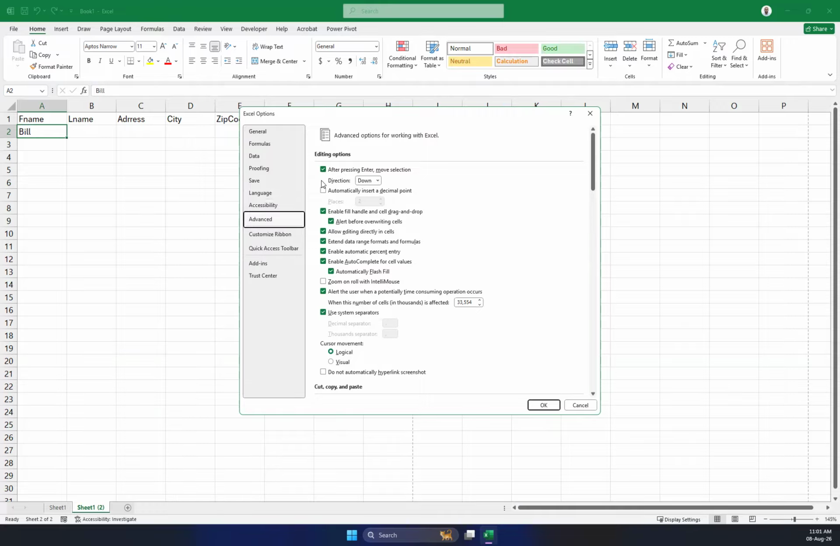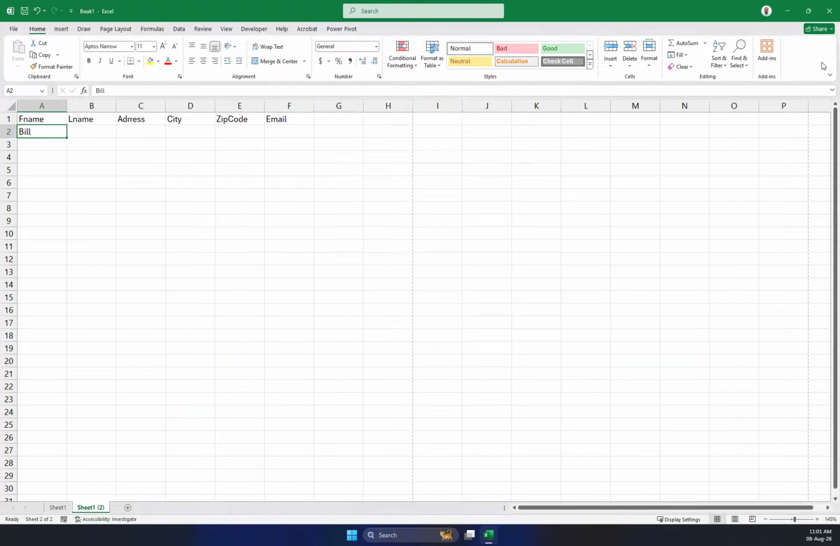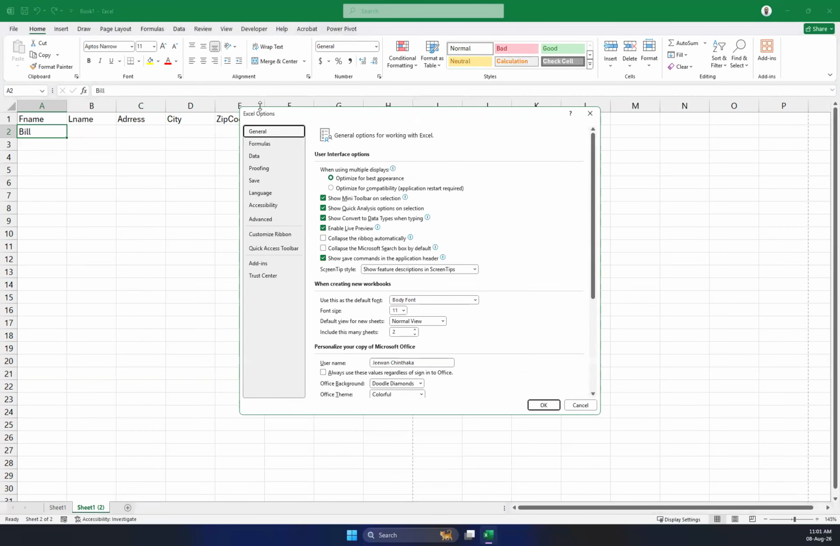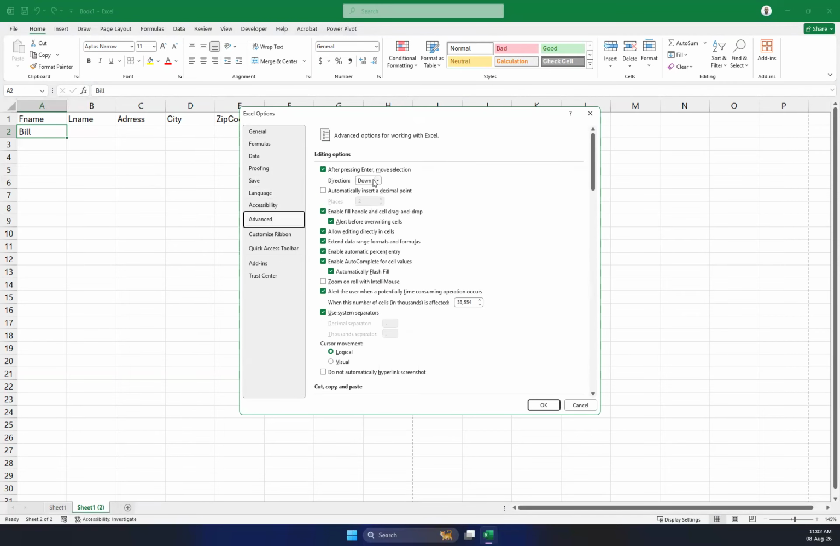Now, you can say what should happen when you press enter: move the selection. Let's say in this situation, I want to go to the right, not down. So go to Excel Options. How do you go there? You can easily right click on the ribbon and go to Customize Ribbon. Otherwise, go to File and then select Options here. Excel Options, File Options, and then under the Advanced tab, select left,